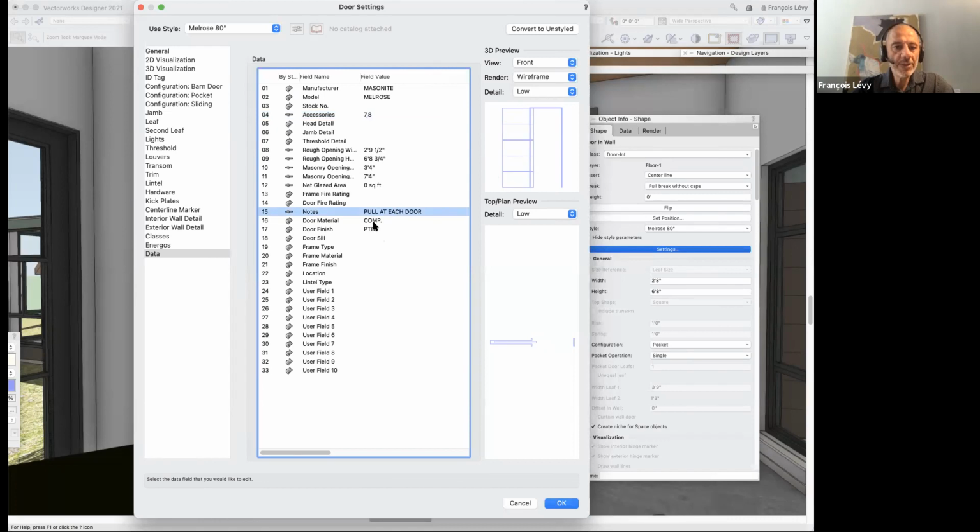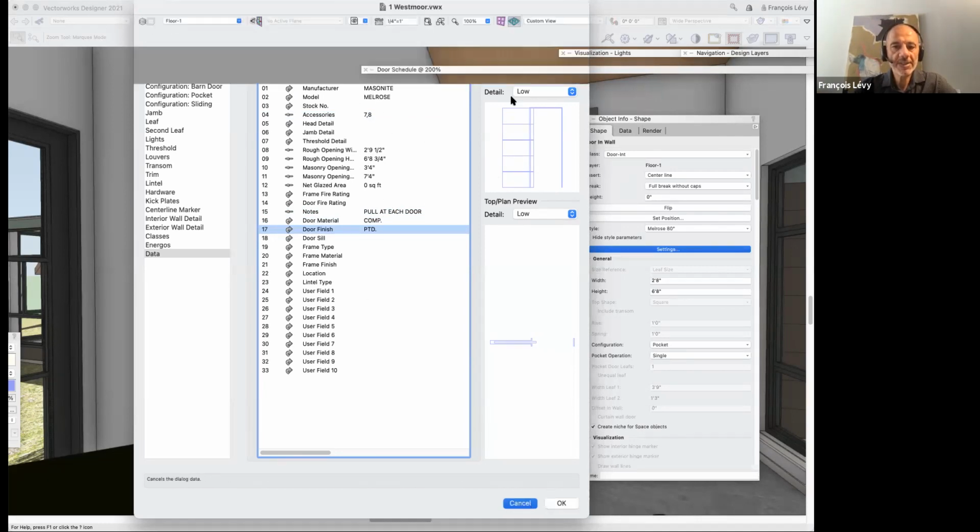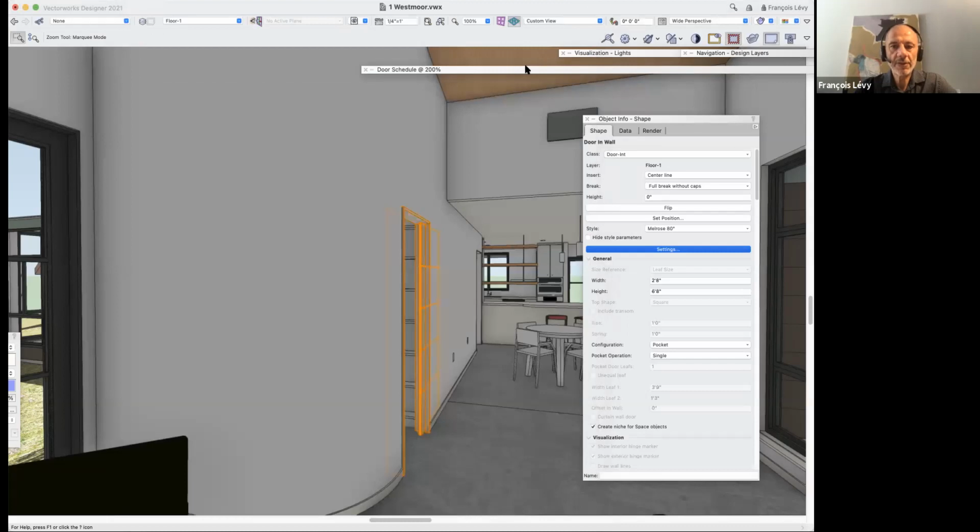But then the door material is always going to be a composite door, again, because that's the nature of a Melrose door. And it's always going to be painted because what else would I do with it, right? So the schedule is pulling all of that information from this object, right? So if we look at the door schedule,